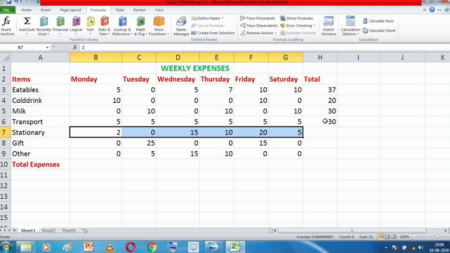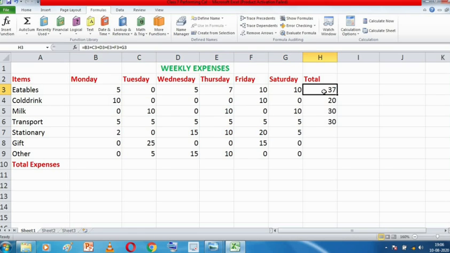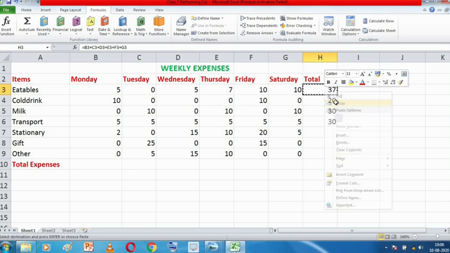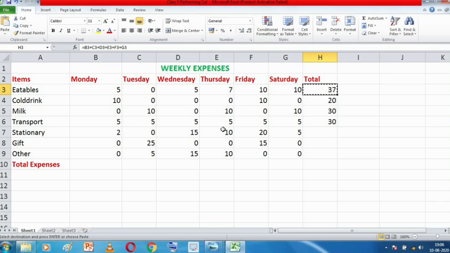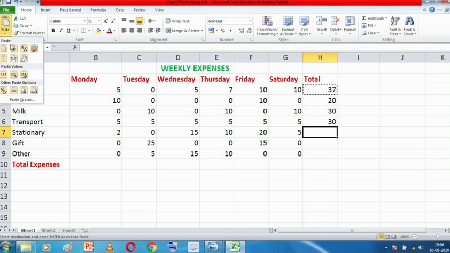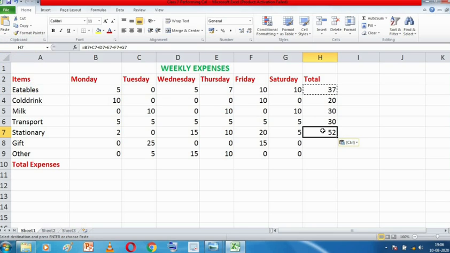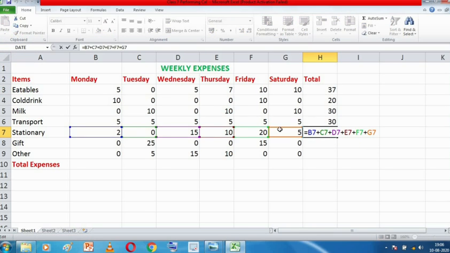So what we can do is we can just copy any of these formulas. We can just go over here, right click and then click on copy, and then go to Home, come over here and just click on paste. See, the correct formula has been copied.